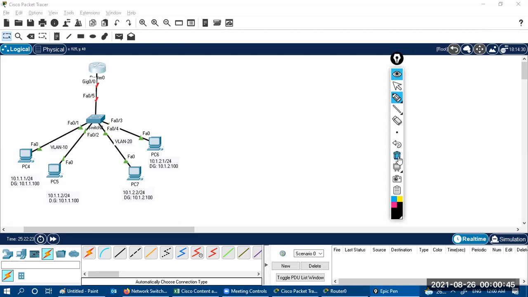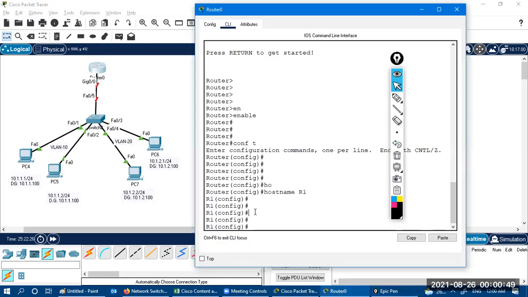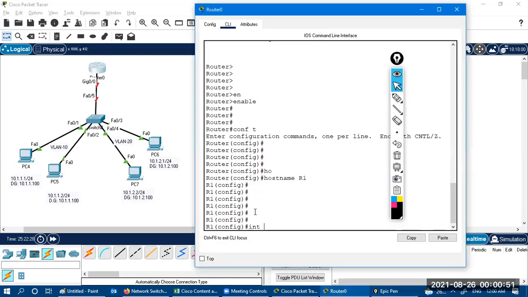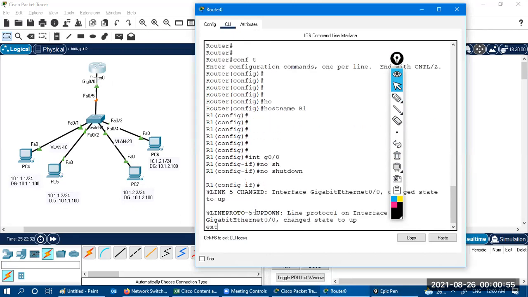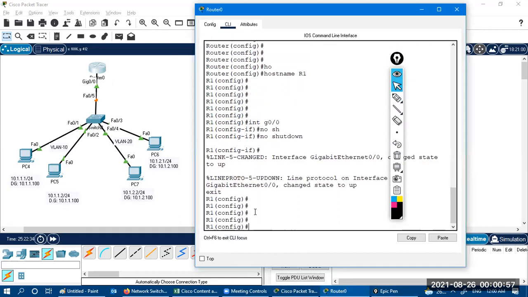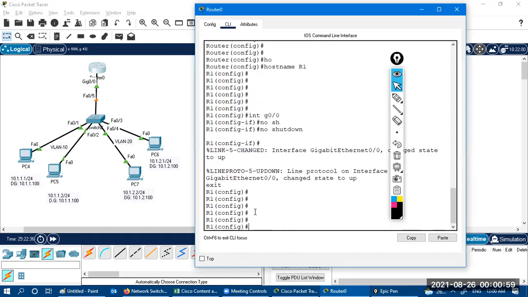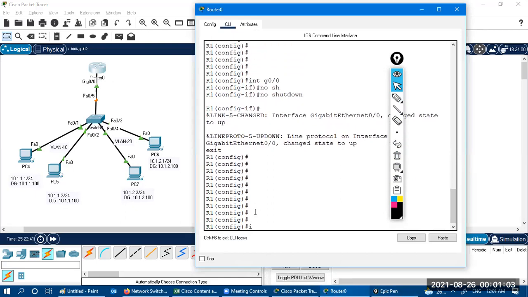So what you have to do? Open the router. First, you have to say interface Gig 0/0, then no shutdown. Why am I using no shutdown? To make your interface up. Once your interface is up, now split it into two parts.